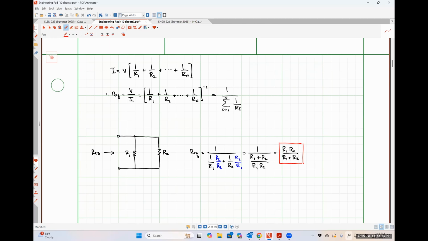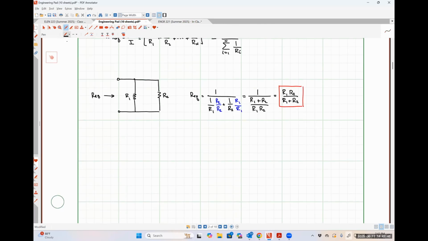Using this relationship, I now want to bring to your attention a couple of special cases. What happens if R1 is equal to R2? Whenever we have two resistors that are identical to each other and they are in parallel, using our expression we defined above, we would have